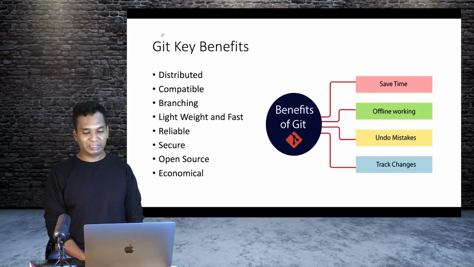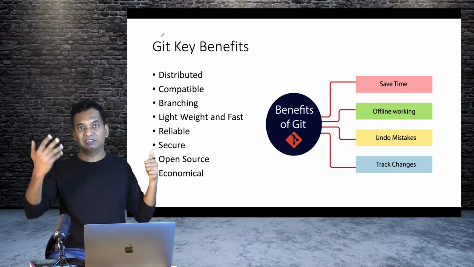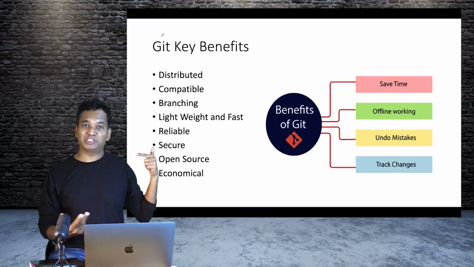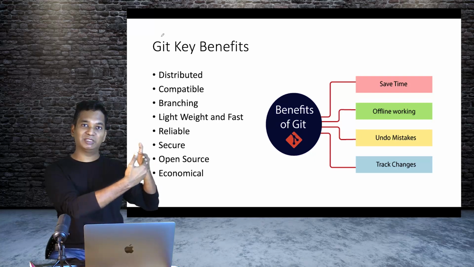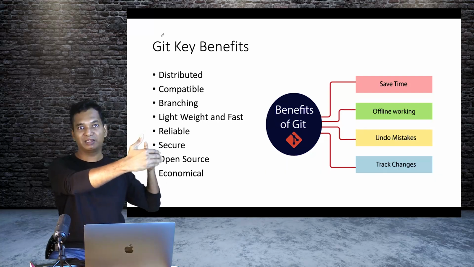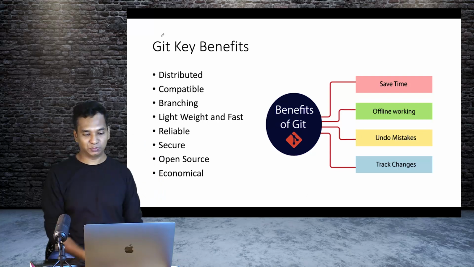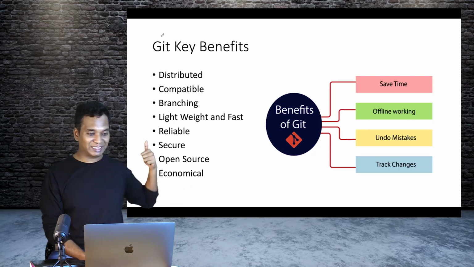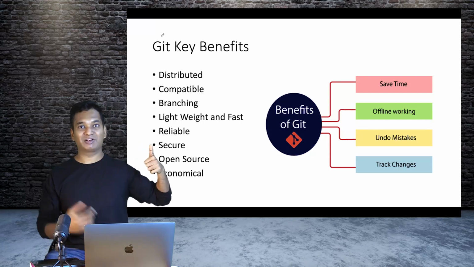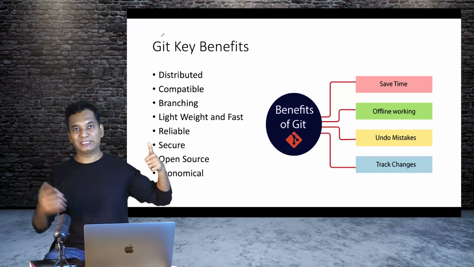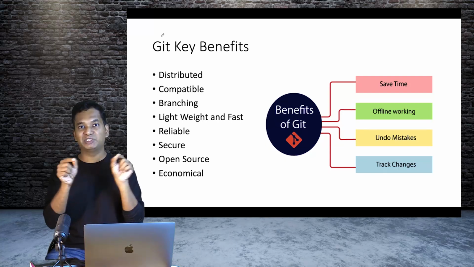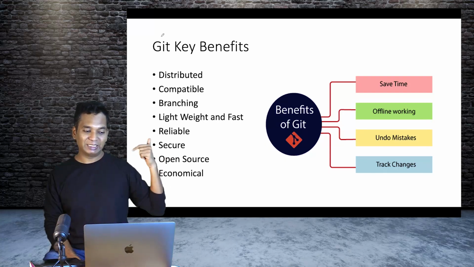The key benefits of GitHub is, of course, it saves a lot of time. You can work offline and commit and then push it to the cloud repository whenever you want. You can undo the changes and mistakes. You can go back to the commit and then again create another commit in parallel. You can track the changes any time you want, and it is very compact. It's not like your traditional copying of the files. It only saves the changes. Every commit stores the delta, the changes between the two commits. So it's really compact. Branching is easy,